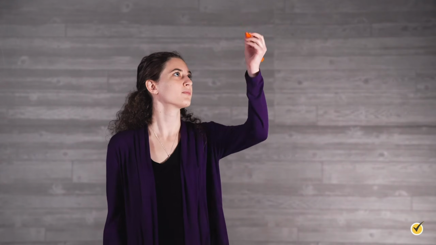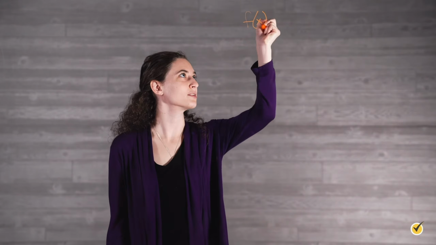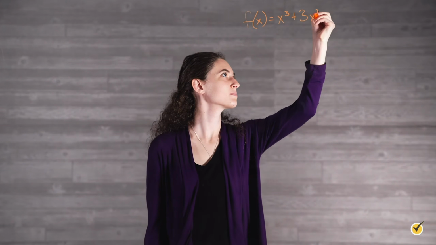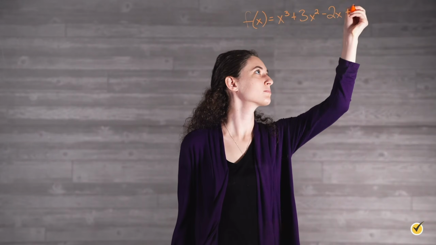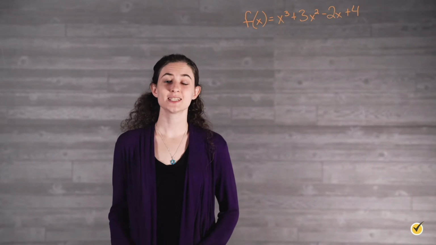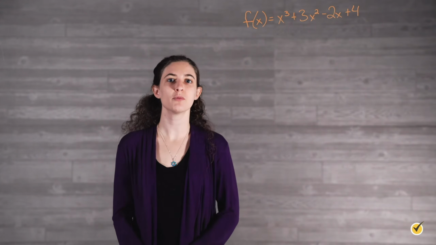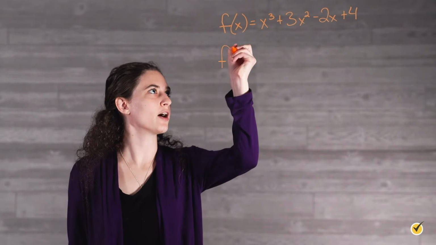Let's try an example. For the following function, find the critical points and determine if each is a relative max, relative min, or neither. To use the first derivative test, we need to take the derivative. Remember, when taking the derivative of a function, we multiply the exponent by the coefficient and then decrease the exponent by 1. So for our derivative, we have f prime of x